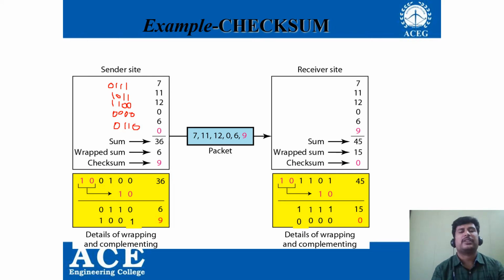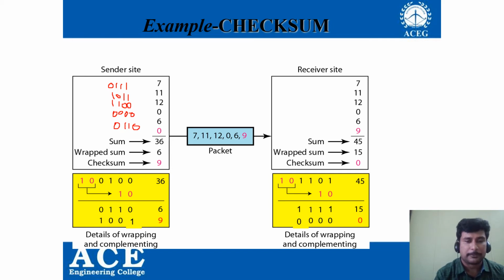Initially what we do is we make the assumption of the sum as 0. And now what is the total sum generated? So assuming the checksum value initially as 0, the sum of all the numbers is 7 plus 11 is 18, 18 plus 12 is 30, plus 6 is 36. So the sum becomes 36. And 36 when represented in the form of binary, it is represented as